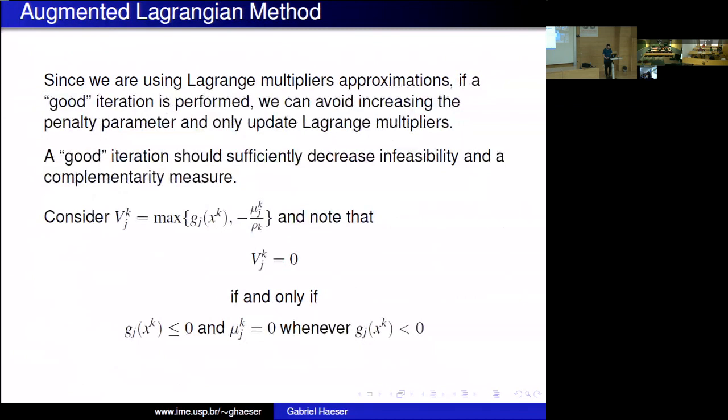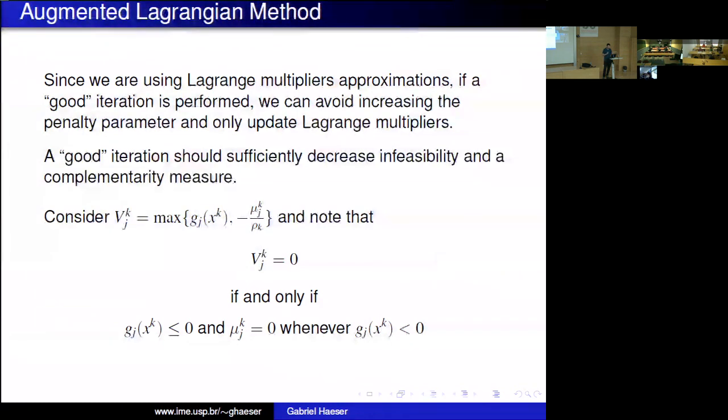Another idea of this method is, since we are using Lagrangian multipliers, the subproblems change if I change the Lagrangian multipliers. Previously, in the external penalty method, I only got a different solution if I changed rho k. If I didn't change rho k, the problem remained the same. But now the subproblem depends on rho k and depends on lambda k and mu k. So I can solve